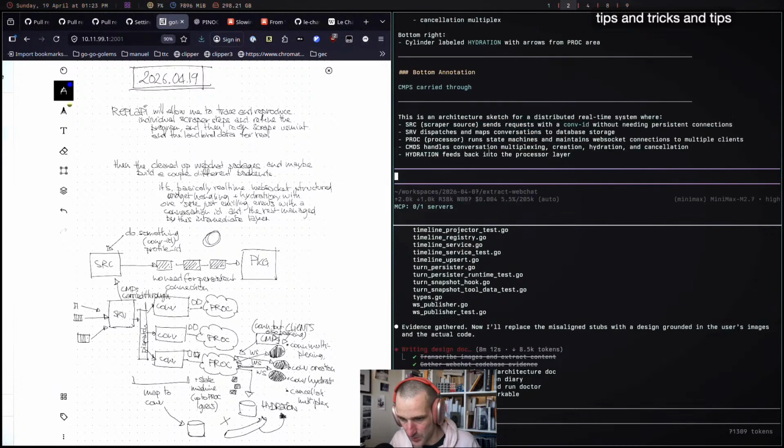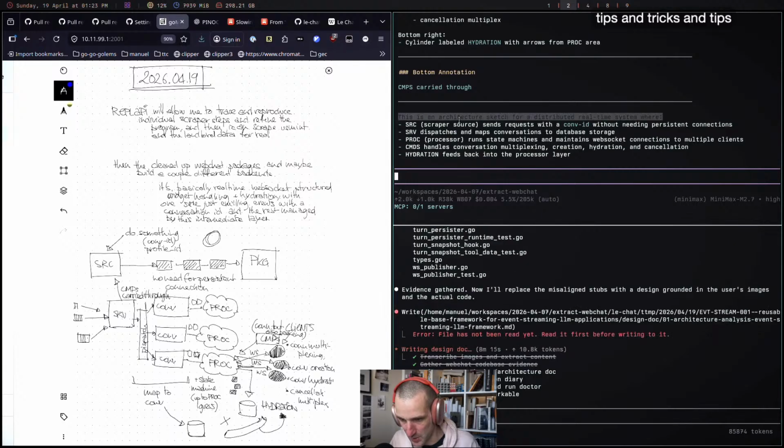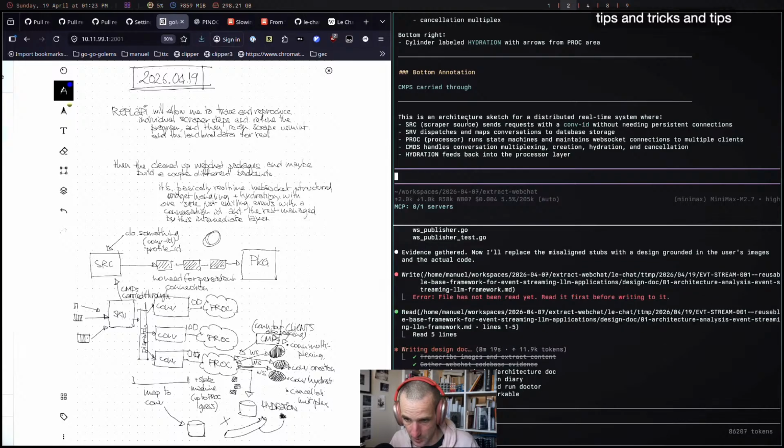This is really interesting. So scraper source, however, that's wrong. It's not a scraper. So SRC was not a good name to use here. So I'll know, because it's apparently really good at interpreting the diagrams. Means I just have to now be careful about the words that I put into diagrams and maybe decompose them into smaller little blocks.